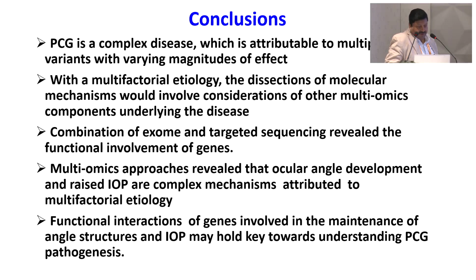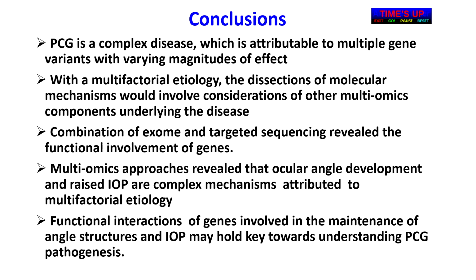and it has multiple variants with varying magnitudes of effect. So we need to consider these multi-omics approaches, and combinations of sequencing strategies actually revealed signatures, which we have validated, some of them, not all of them. And that may reveal ocular angle development and raised IOPs, which are again complex mechanisms, and it could be deciphered through multi-omics approaches. And the functional interactions of genes in the maintenance of the structures may hold the key towards understanding